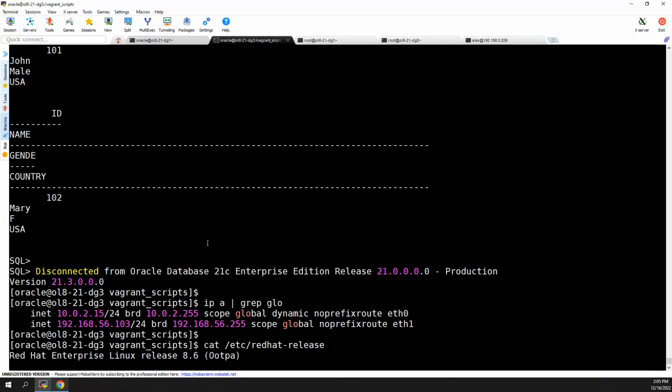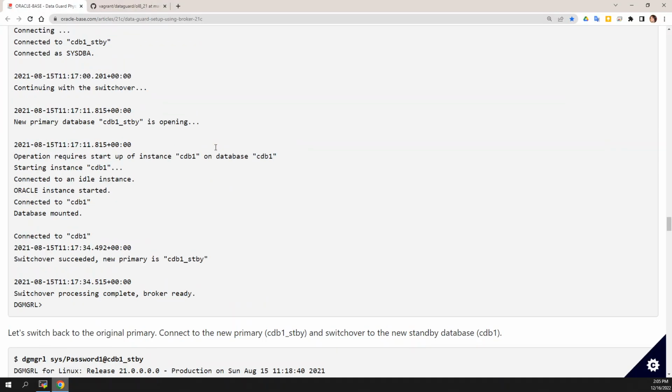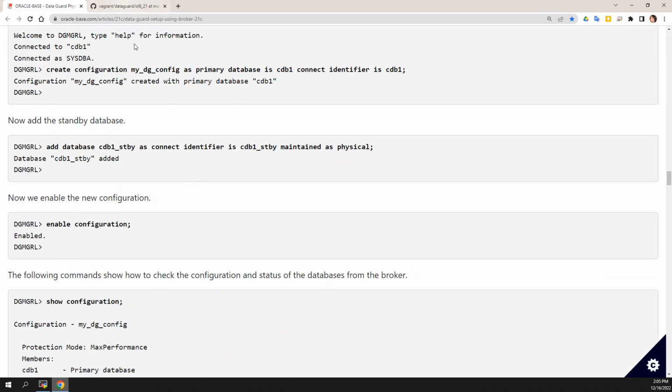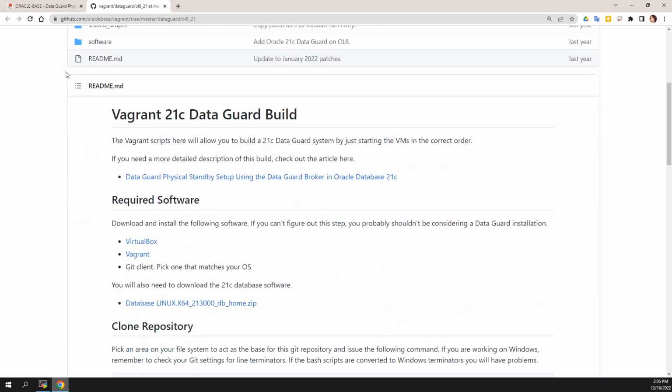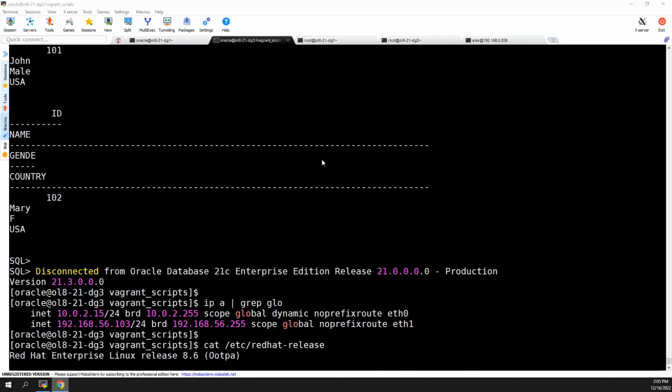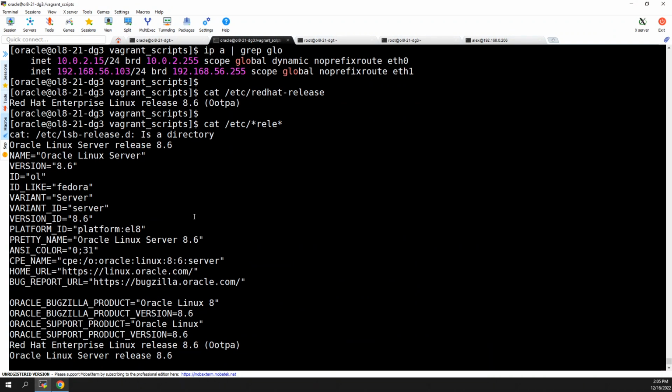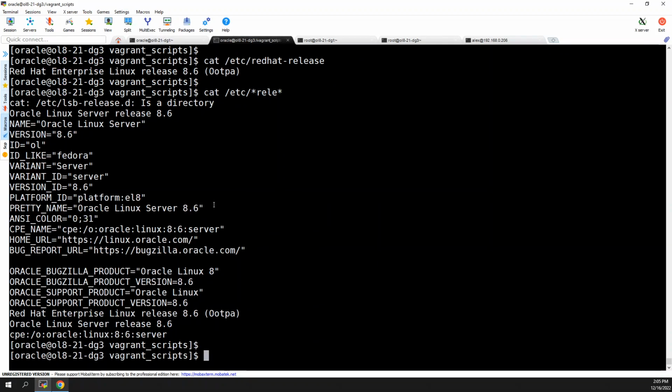So that was what I wanted to show, that using the articles from oraclebase.com and the scripts that were published on GitHub related to the article, I was able to install two virtual machines automatically with the scripts I've created, and the third machine I've created manually, and afterwards